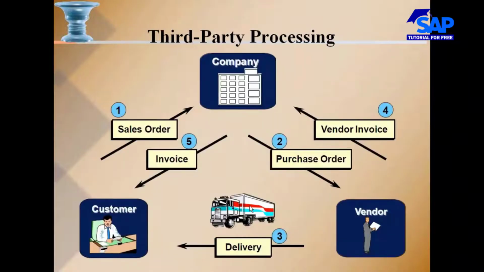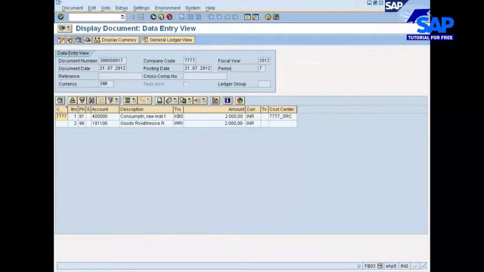So this is how you can work with it. Let me once again tell you, I have created a sales order, a purchase requisition was created, which was converted into PO, and then the delivery side. There are two ways. If you want to go with the sales and distribution module perspective, you go and create a delivery with reference to sales order, or if you want to go with goods receipt also, you have to do MIRO. Once this is done, vendor invoice, you will be doing MIRO. There's a transaction called MIRO, posting of a vendor's invoice, which we will start probably next either Wednesday or Thursday,